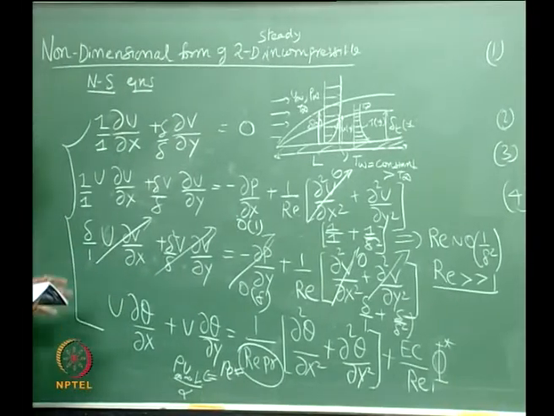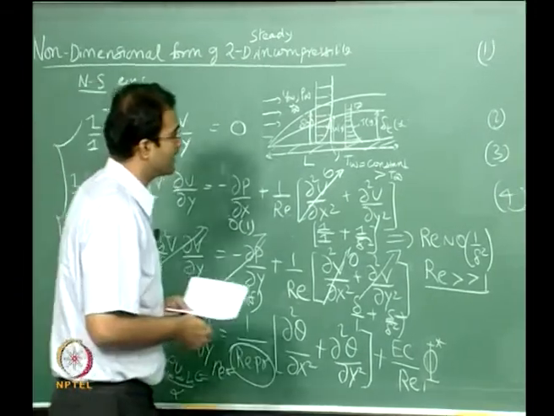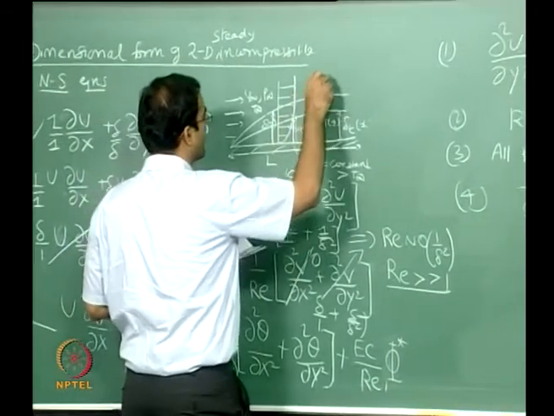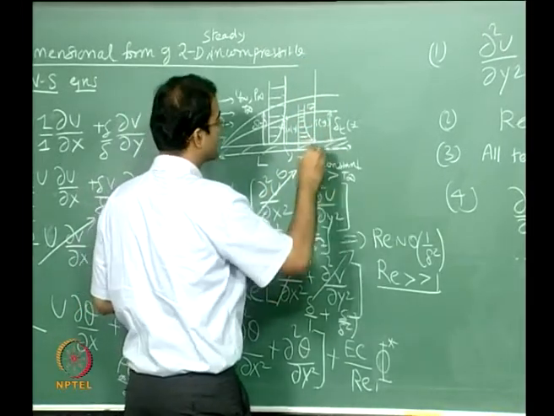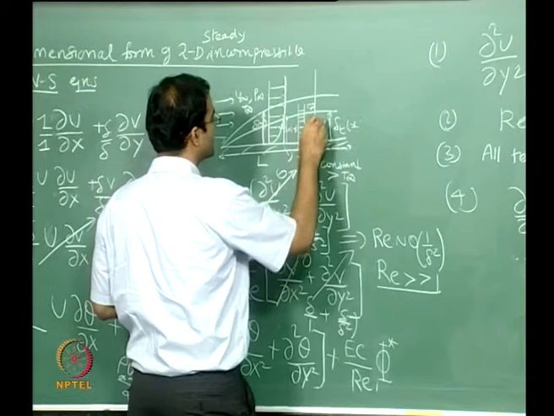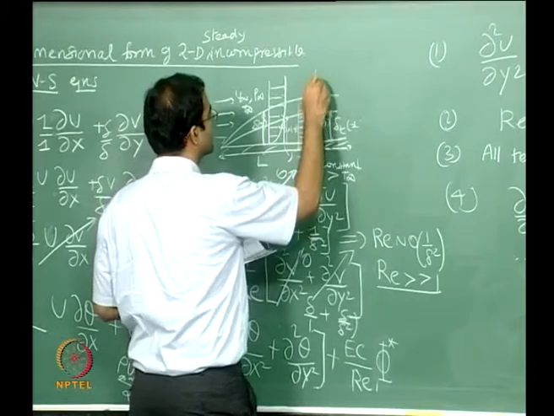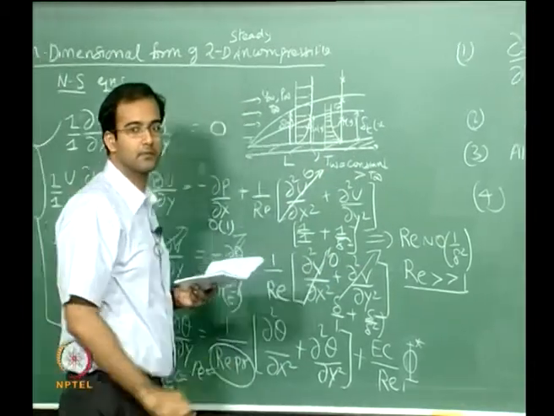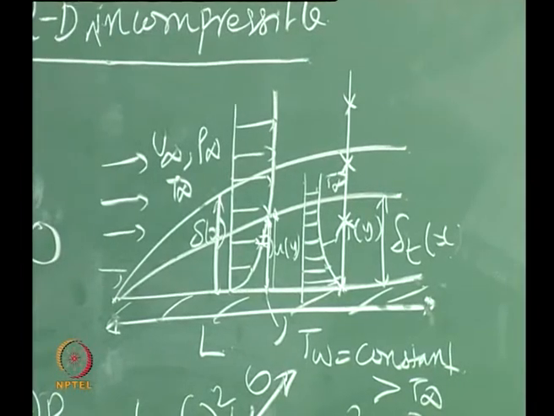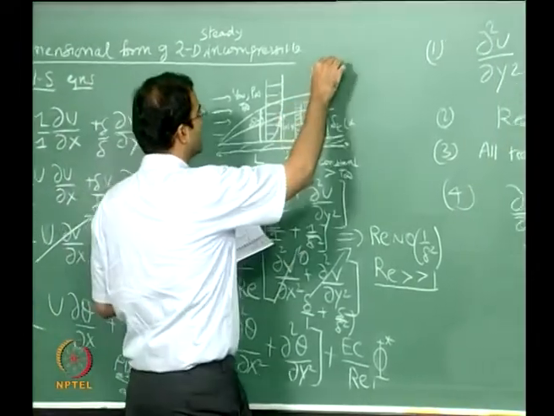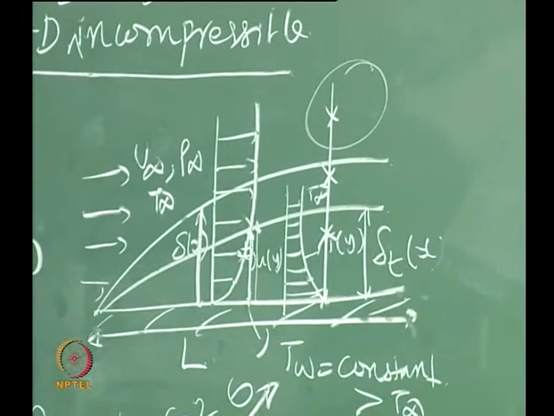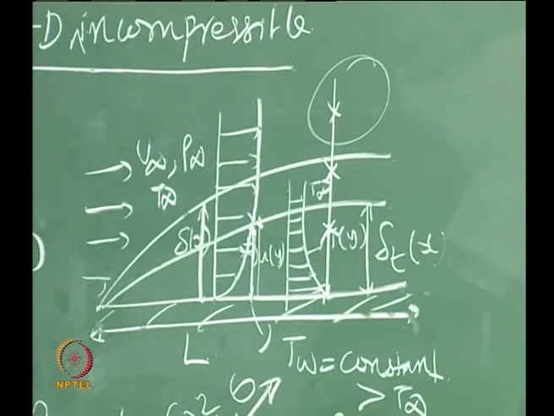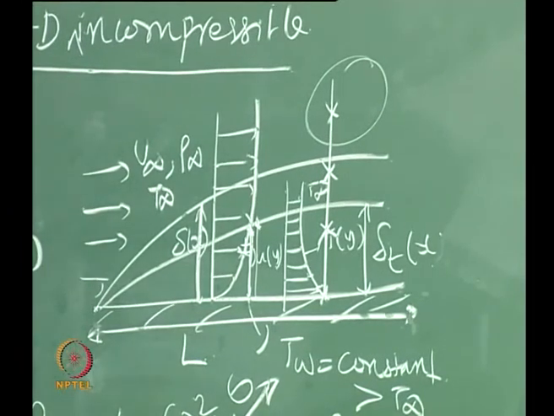What it is going to do is that I can safely say, if I take any x location, for example, this states that the pressure here has to be the same pressure here, same here, same here. So I can calculate the pressure at this point based on inviscid flow analysis, and I can use the same pressure even inside the boundary layer.